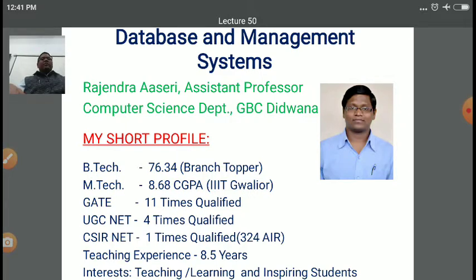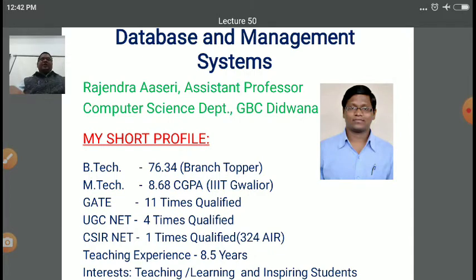In the database management system subject, till now we covered various concepts like database architecture, levels of abstraction, then query languages like procedural and non-procedural, SQL, structured query language, various operations in SQL: select, from, where, order by, group by clause, then having clause, aggregate functions. Then relational algebra. In relational algebra, select operation, projection operation, division operation, set union, set intersection, set difference, all these concepts, and aggregate function.